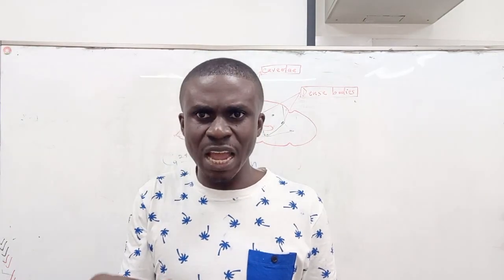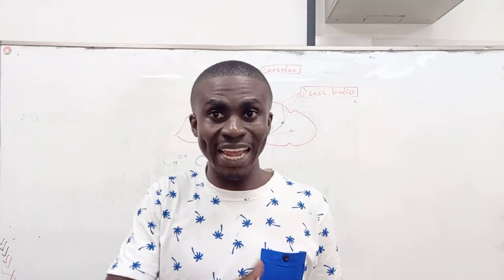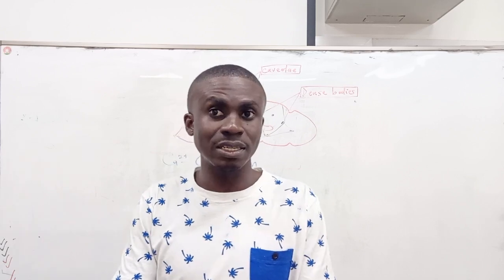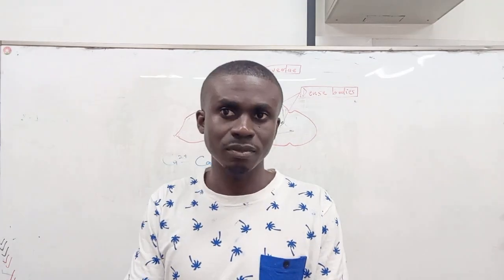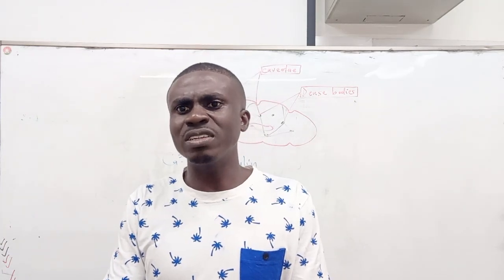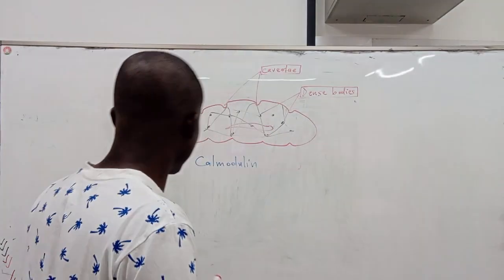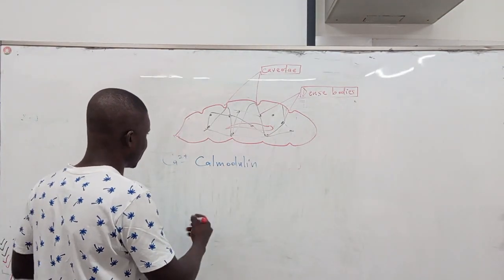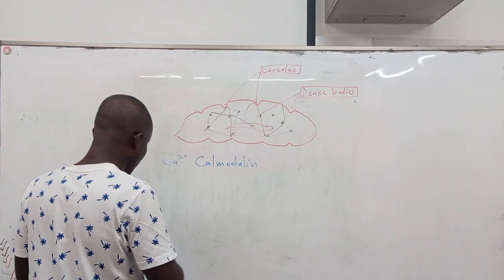Therefore, there should be a molecule, or an enzyme, for hydrolyzing this ATP molecule for us. Yes. Okay? Yes. And my friends, that molecule will be activated. That molecule is something we call